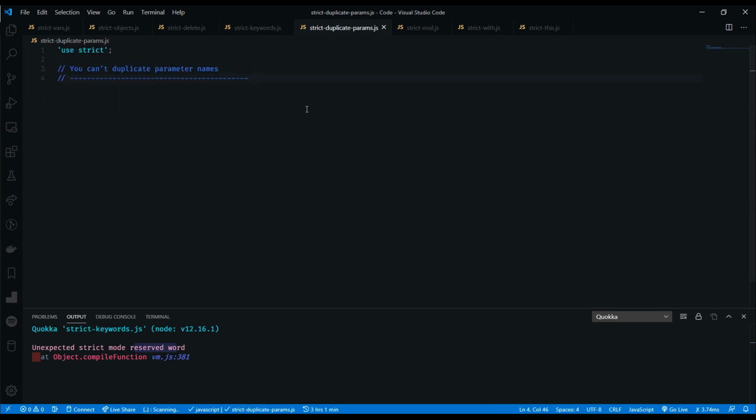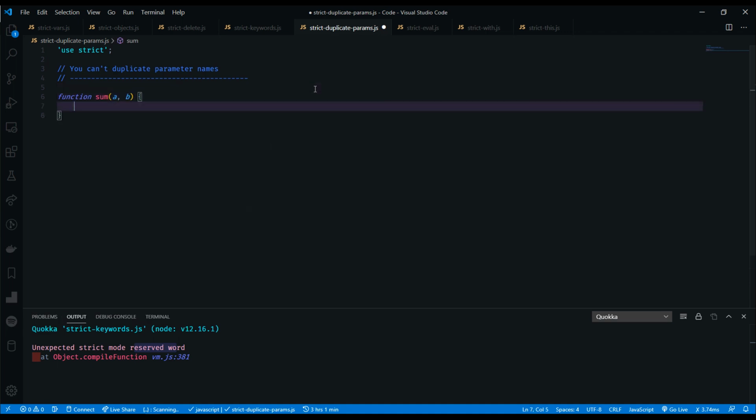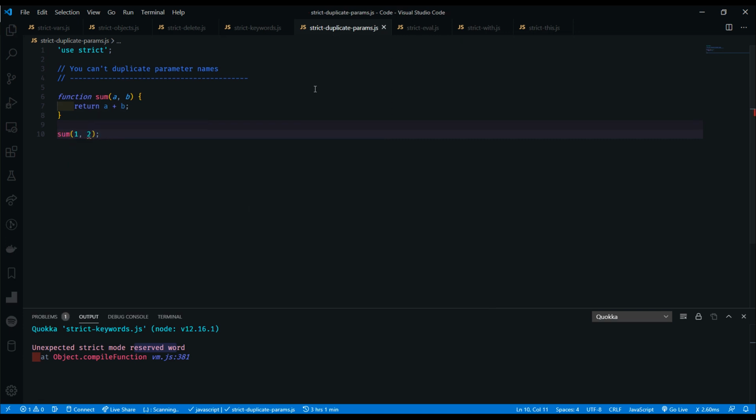Another thing we can't do, mentioned in the intro, is use duplicate parameter names. So let's say we had a function sum, and we'll add up a and b, and this will just return a plus b. So let's call this with 1 and 2. This code will run fine because these are different, and let's just add console.log above this,